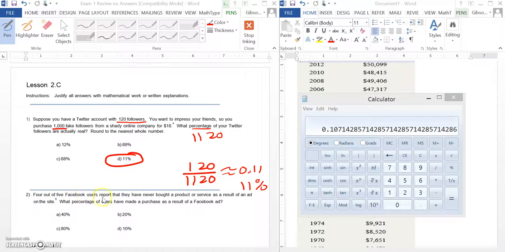Number 2, 4 out of 5 Facebook users report that they have never bought a product or service as a result of an ad on the site. What percentage of users have made a purchase as a result of a Facebook ad? So 4 out of 5 did not. So that would leave us 1/5 that did. So 1/5